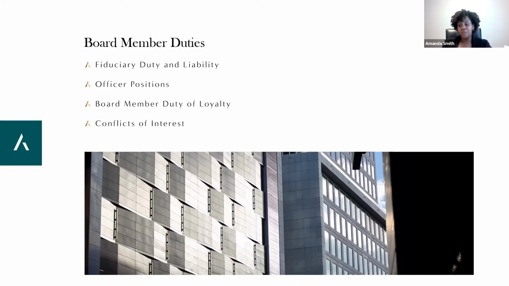So a conflict of interest can be, there's a broker who is on the board. This broker sells apartments in the building. There are some buildings who make it a rule, just to not have to deal with it, that brokers can't be on the board. Other buildings allow them to be on the board and just recuse that person if an application comes through that they are a party to, or someone from their team is a party to.